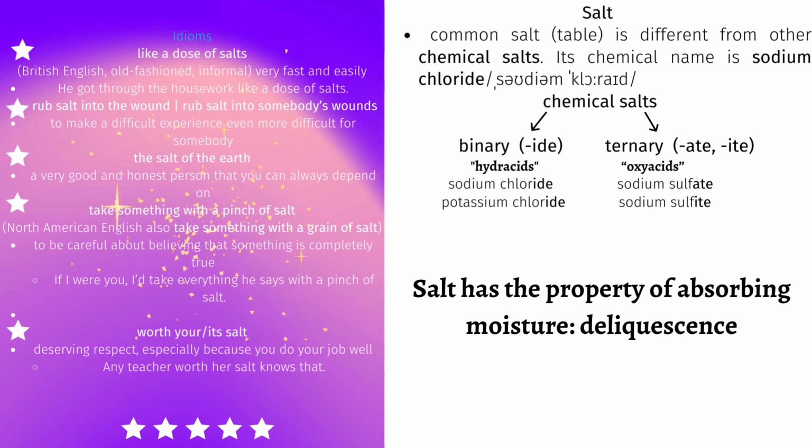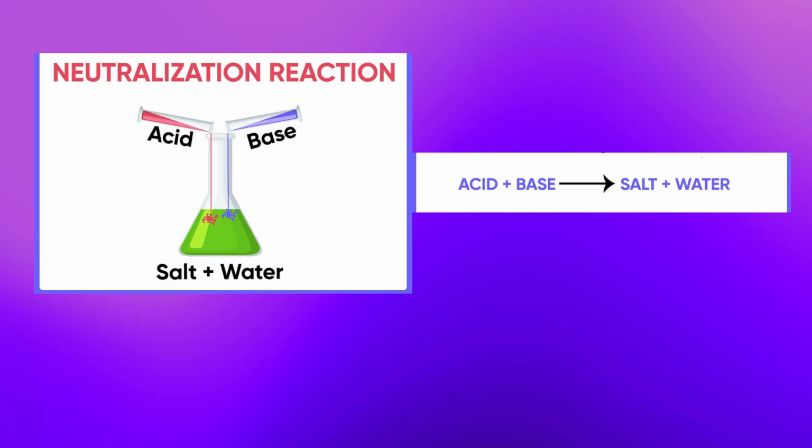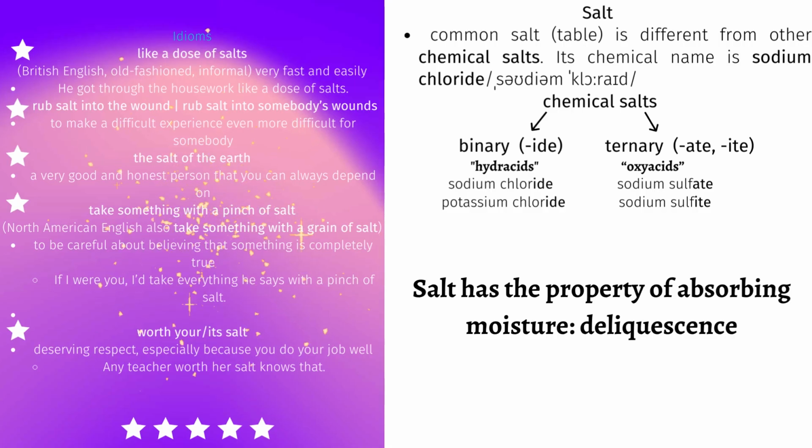Salt, noun: a white substance that is added to food to make it taste better or to preserve it. Salt is obtained from mines and is also found in seawater. It is sometimes called common salt or table salt to show that it is different from other chemical salts. Its chemical name is sodium chloride. It is countable, and in chemistry, a salt is a chemical formed from a metal and an acid.